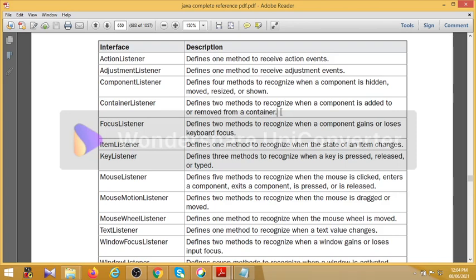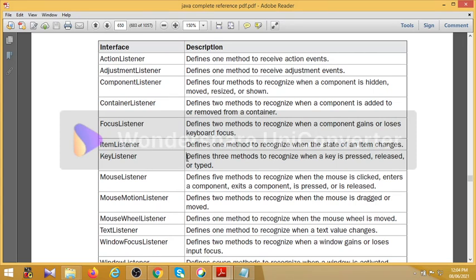Just remember this: when the state of an item changes. Every item has two states, selected or deselected. Whenever the state changes from selected to unselected or unselected to selected, the item event is generated, and the ItemListener interface can be used because it provides one method to recognize this state change.